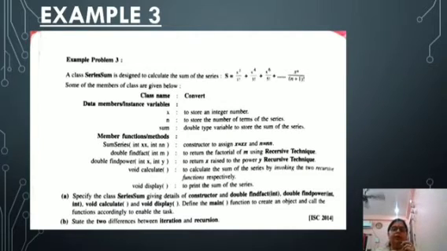Now here is a full program, an example of recursion in Part 2, Section B. In Part 2 of your paper, Section B, there is a choice of three programs. One can be of an array, one of a string, and one of a number, and one is your recursion program. You all have a choice, but see how you have to write this program. Go through it. At the last, the difference between iteration and recursion has been given. This was a board program in ISC 2014.